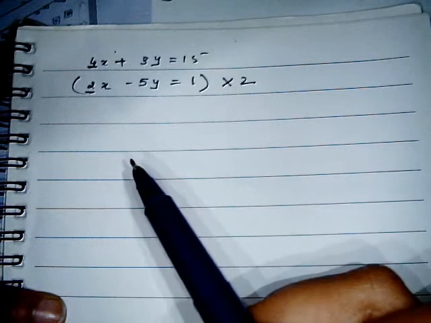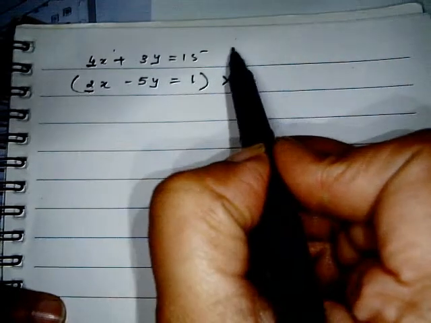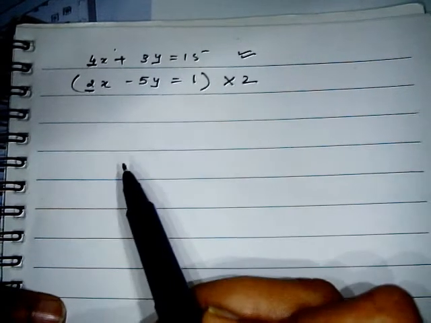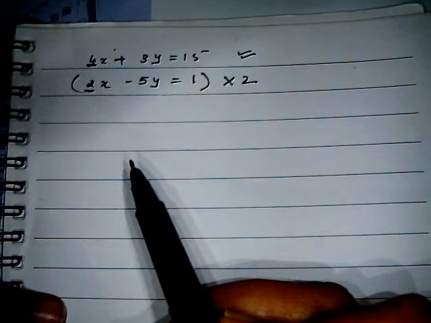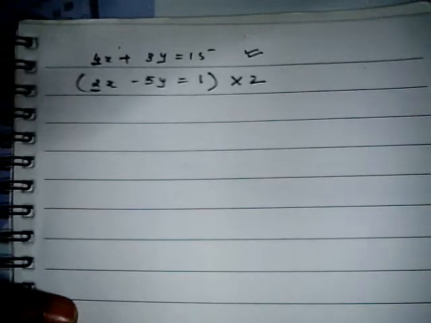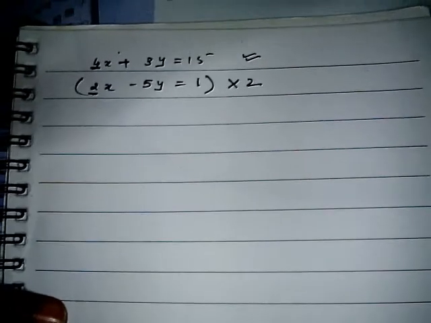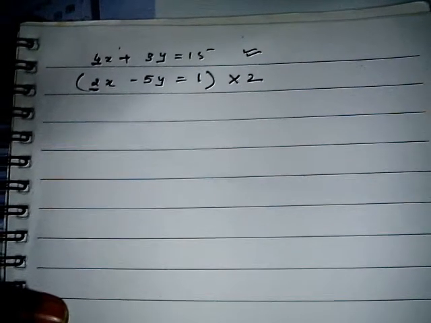Correct. So this calculation will be left out. We do not need to multiply both the equations by a number, it's not compulsory. Okay, so I am multiplying over here only equation 2 by 2. The first equation is going to be the same. I am going to write the same equation.